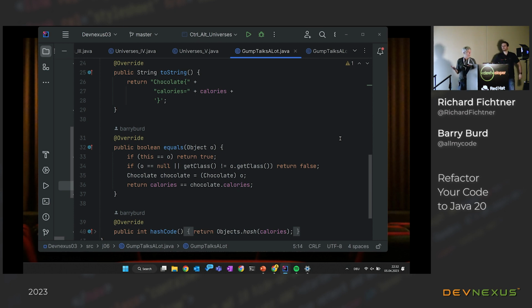But there's still a problem. First of all, this equals method is totally boilerplate. It's exactly what IntelliJ created for me. So it's completely standard. So it would seem that you should be able to just say, hey, I want the standard equals method there. You shouldn't have to write all that stuff. You shouldn't even have to have it in your code when all you want is the same old standard stuff,